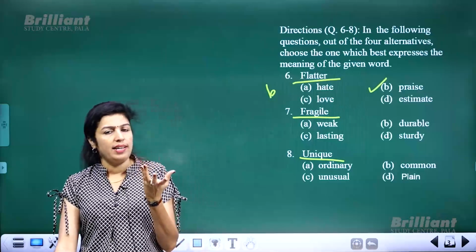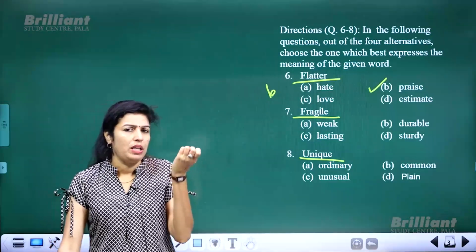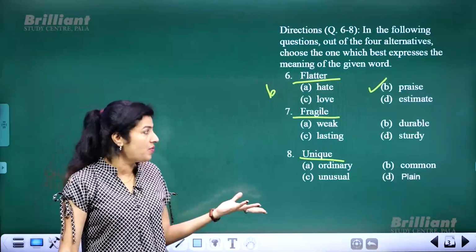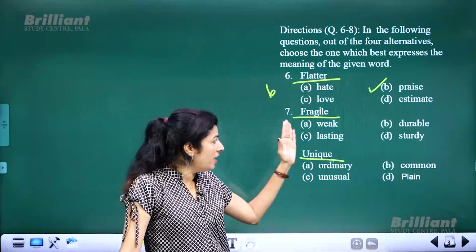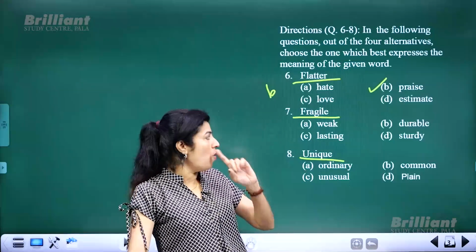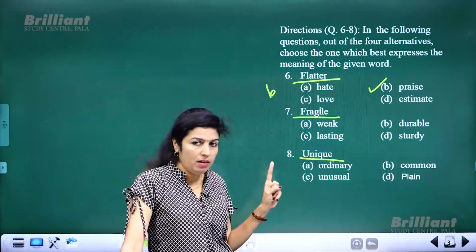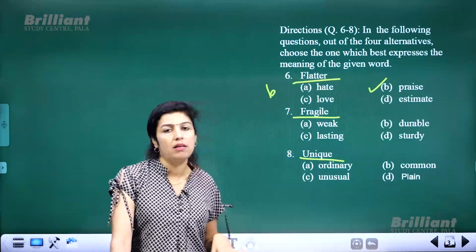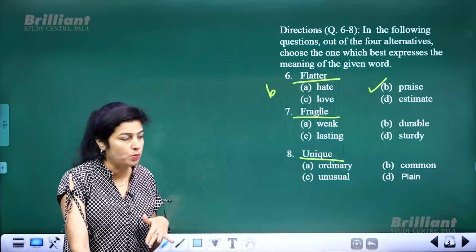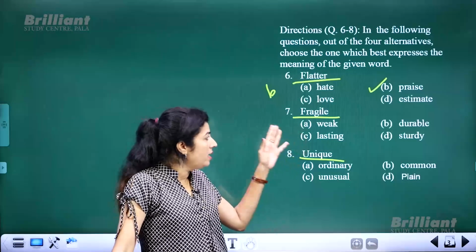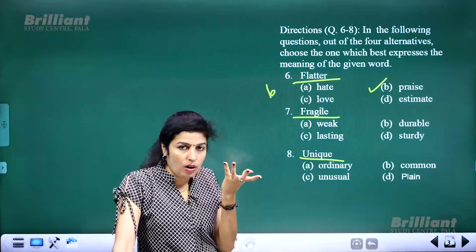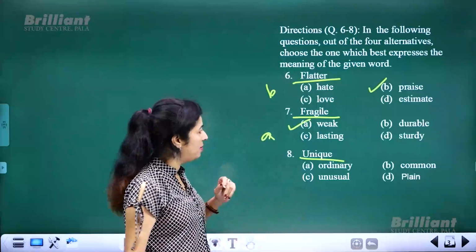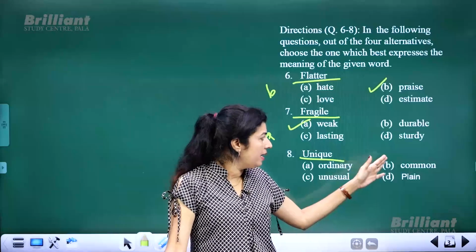Very fragile means what? Very tender, very weak and easily breakable, something which will not last for long. Here in this list only one is the similar meaning or synonym, and the rest are antonyms, exact opposites. Fragile is something very delicate or weak, right? So it is option number A, which is the correct option. And what about B, C and D?